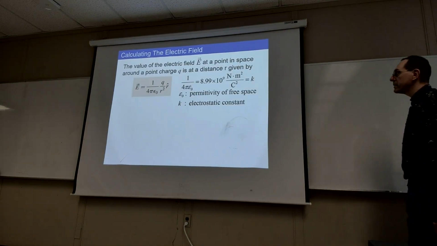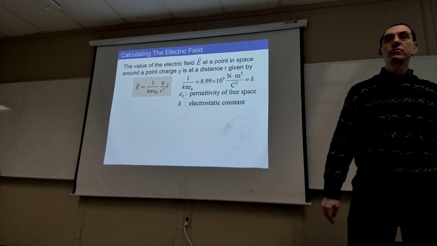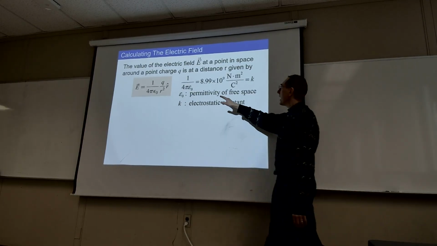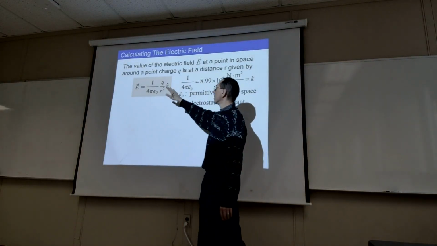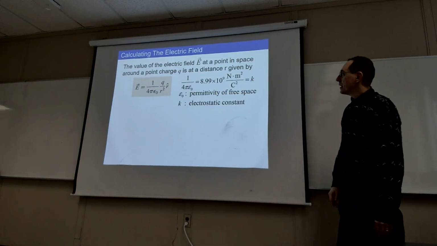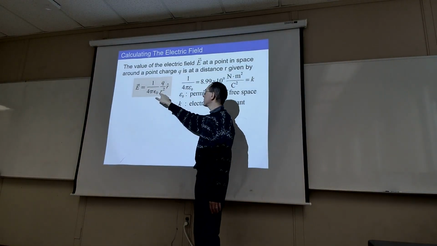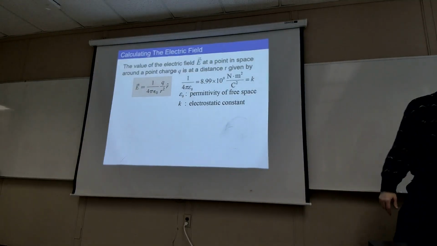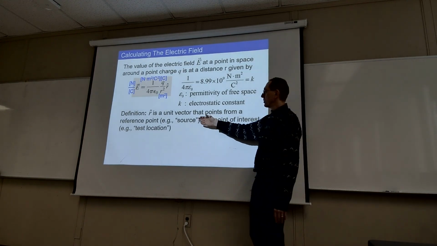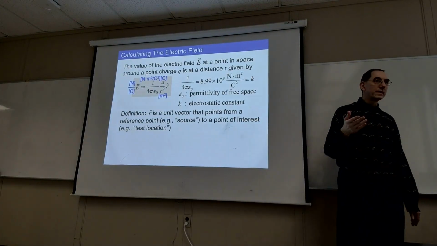Okay, let's recap a little bit where we were last time. We left off talking about how to calculate the electric field due to a point charge. If there's a point charge of value Q, and I'm at some distance R away from that point charge, I can calculate the electric field as this formula shows: 1 over 4 pi epsilon naught, or K, that's your electrostatic constant, times Q over R squared, times R hat, the radial unit vector that points from the source charge, in this case Q, to some point of interest. We're going to call that typically a test location